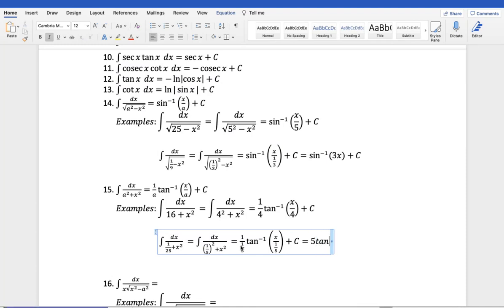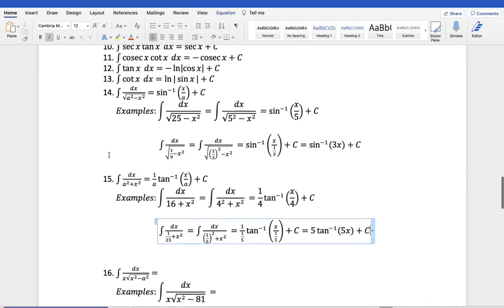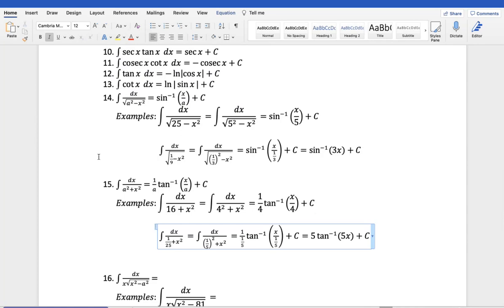And that is multiplied by tan inverse of 5x. Right, if we simplify, and plus c, the constant. So as you can see, if you understand the pattern, you can quickly evaluate these integrals, which is why these standard integrals are particularly helpful in cases like the ones we'll be looking at in this part of